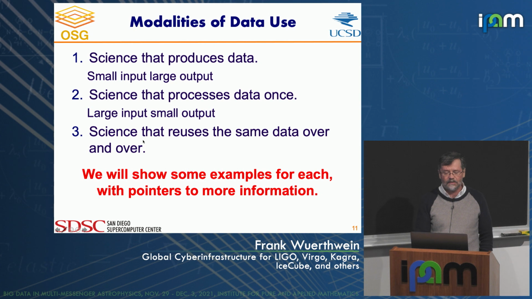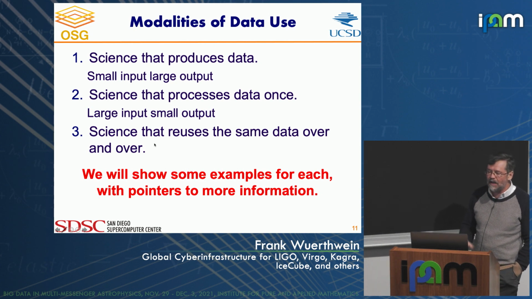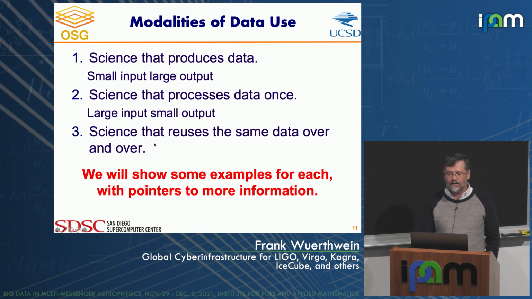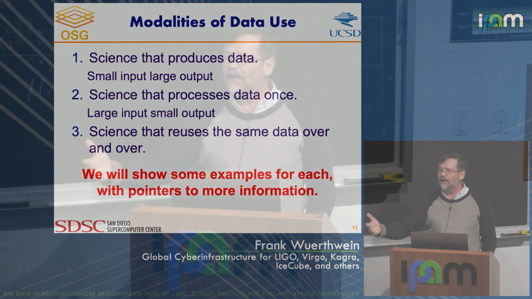And then there is a third way of using data, and that is that you reuse the same data over and over and over. That's sort of the classic case that LIGO is in, and that benefits from data reuse and therefore data caching. And I'll show you some examples for each of these, and I've picked them all from astrophysics or astronomy,